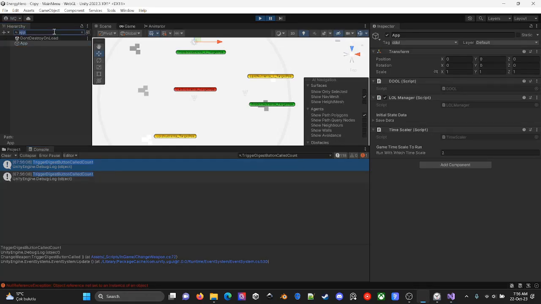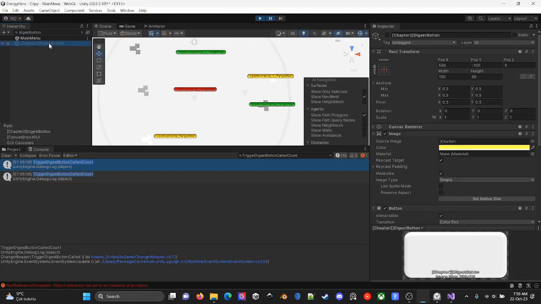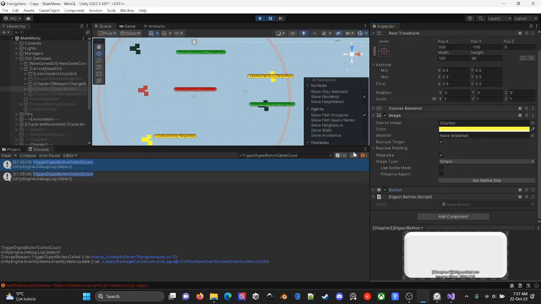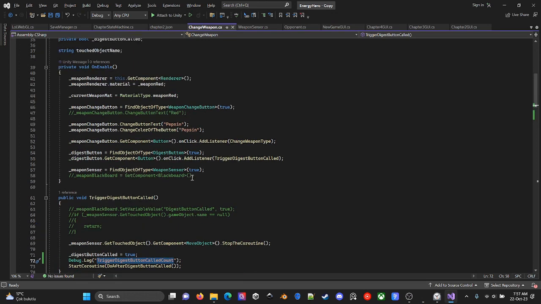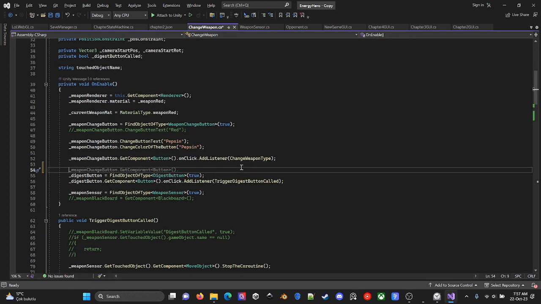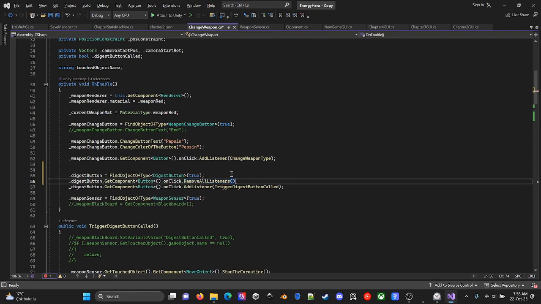So do I have two digest buttons? No. So why is this thing called twice when I press the digest button? Okay, only enable is called twice. No, it should not. Set the digest button to true, all listeners.